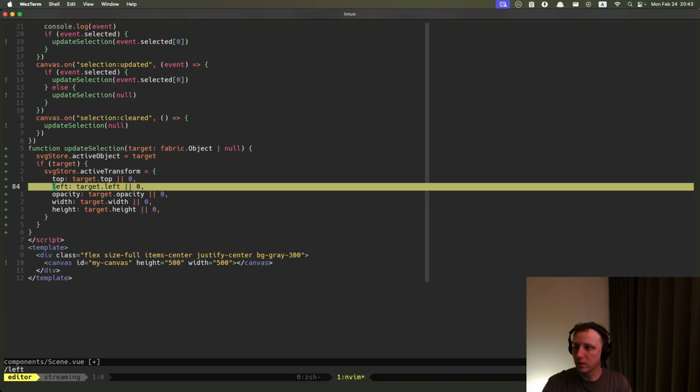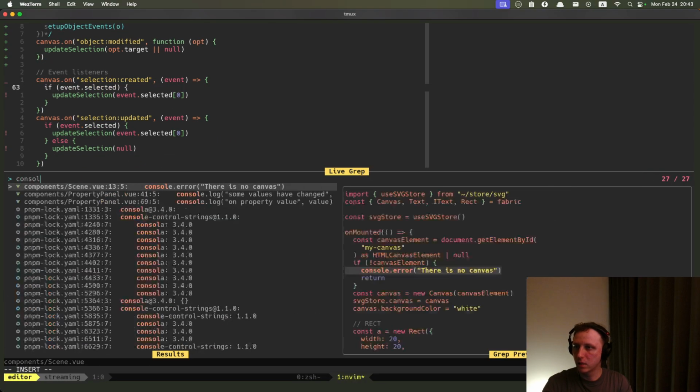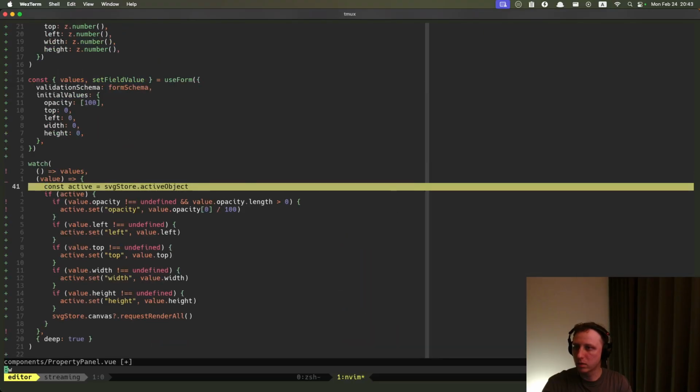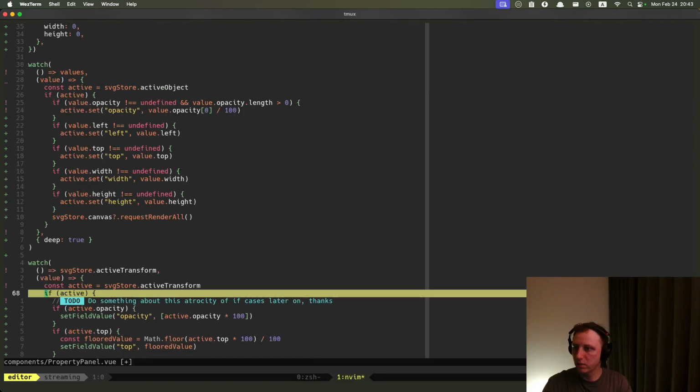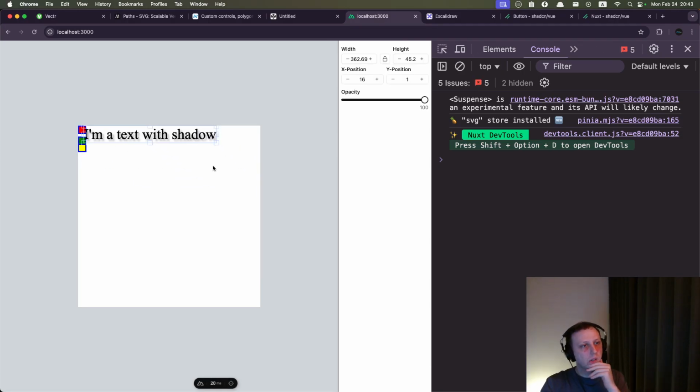I want to get rid of them. Console log event. I don't care about this one right now. I don't care about this thing right now. And let's go with the last one as well. So okay, perfect. Now I have nothing, right? Perfect. The thing that I want to have in here is